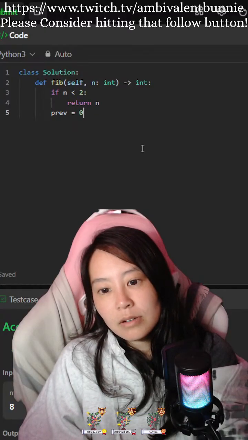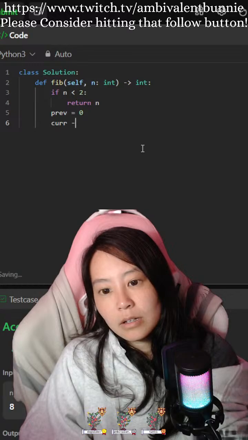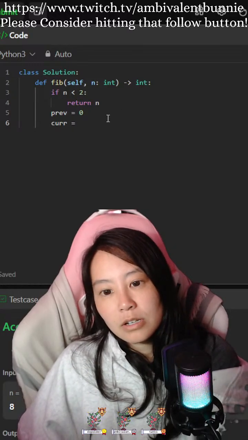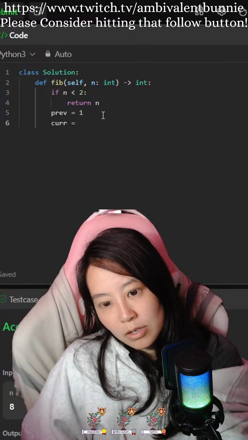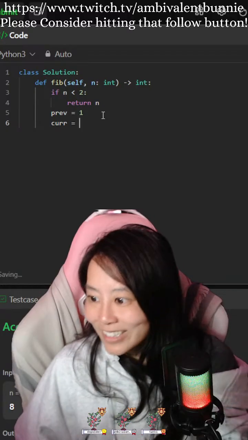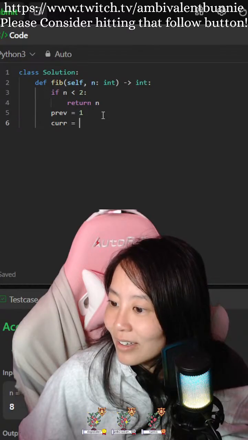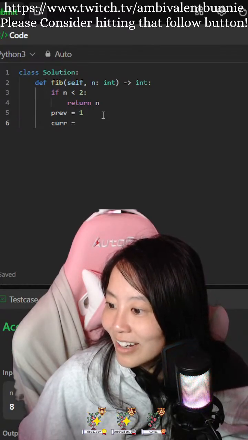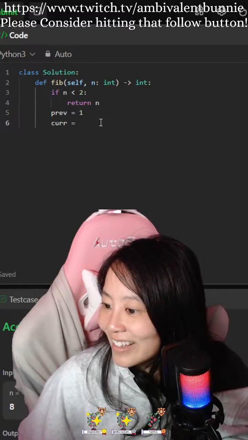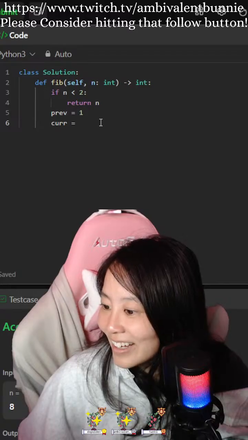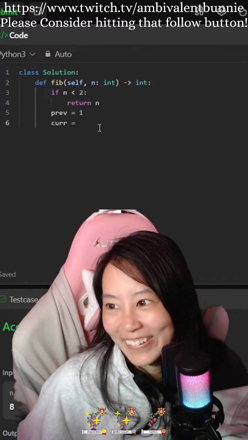Previous equals 0, current equals, actually no, this would be previous equals 1, current equals, no, ugh, damn it. Okay, deck is the correct, so you pronounce NQ as enk? Deck. I don't know what's going on in chat right now.